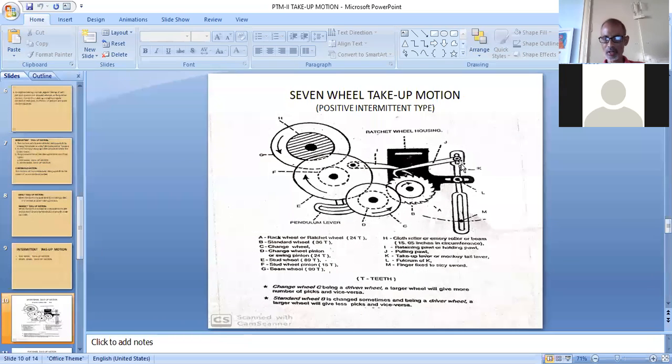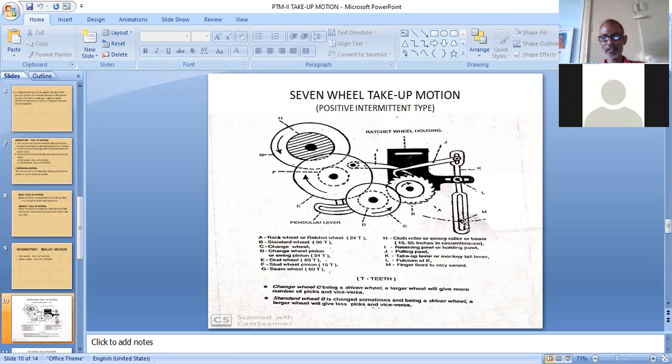This is the take-up lever, and on one end of the take-up lever we fix the pulling pawl, and on that other end we have a slot, and in this slot a finger is fixed. This finger is fixed to the slay sword, and it is inserted in this slot. So whatever the motion of the slay sword, that will be transmitted to the lower part of this take-up lever, depending on the forward or backward movement of the slay sword. So it may move either this side or this side.